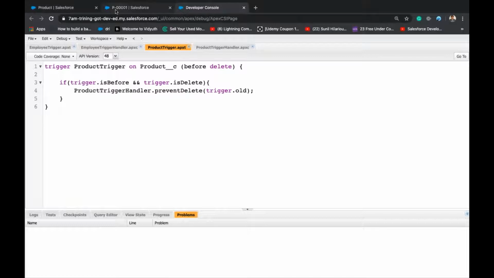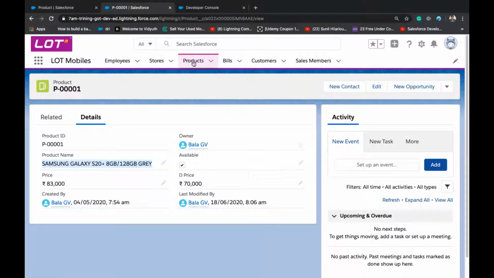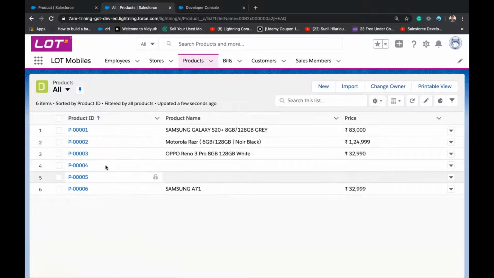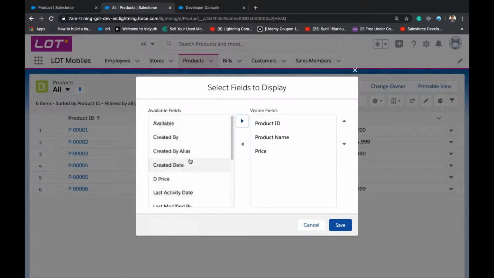Let's try to delete. Just add the field available.